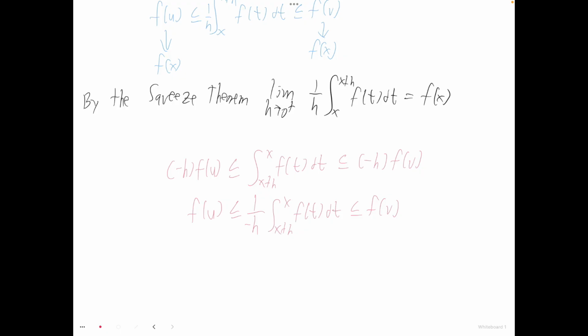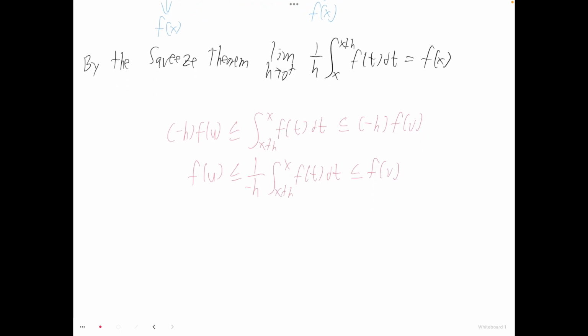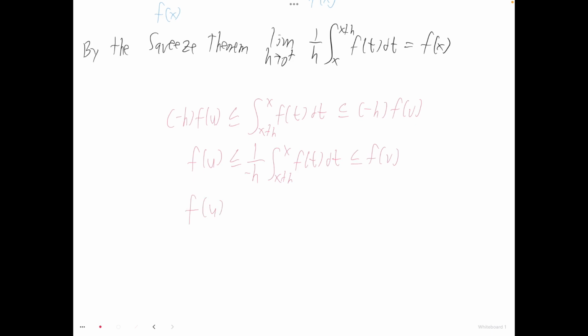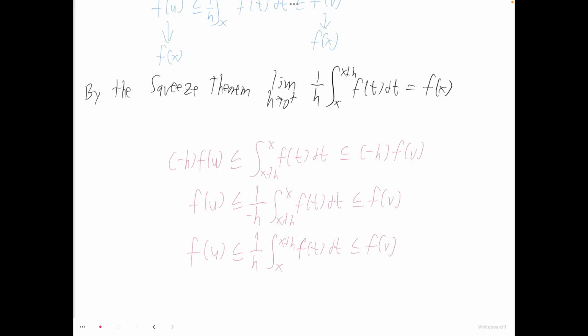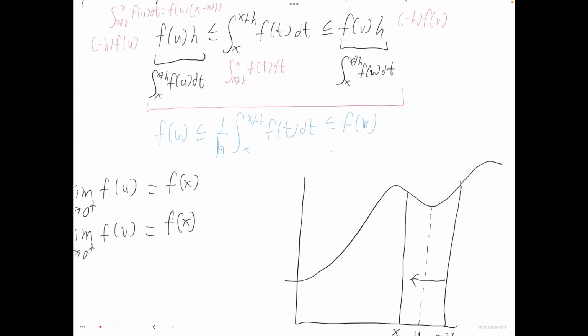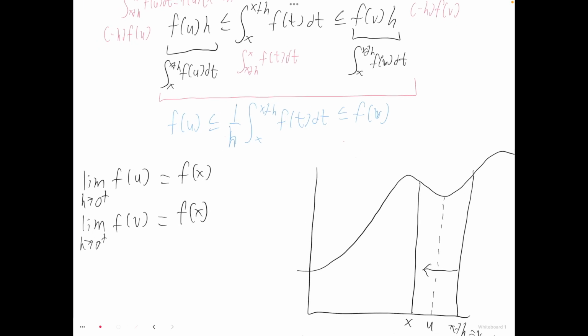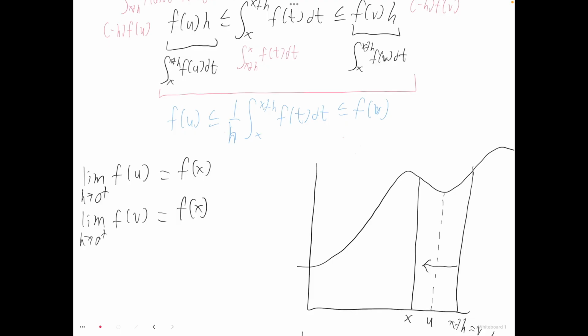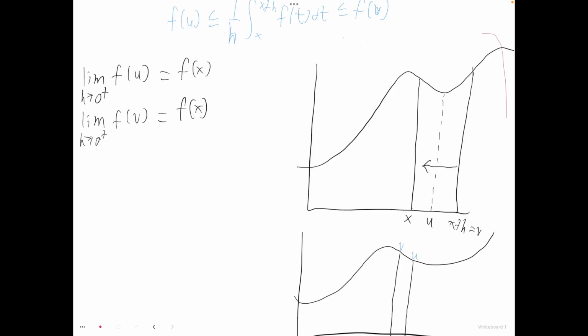But remember, we can switch the bounds by pulling a negative out. And so we'd have f of u is less than or equal to 1 over h times the integral from x to x plus h of f of t dt, which is less than or equal to f of v. And from this point, the argument for h less than 0 is the exact same. So we'd still compute the limits. Now we take the limit as h goes to 0 from the left rather than the right. But all of the argument from this point on